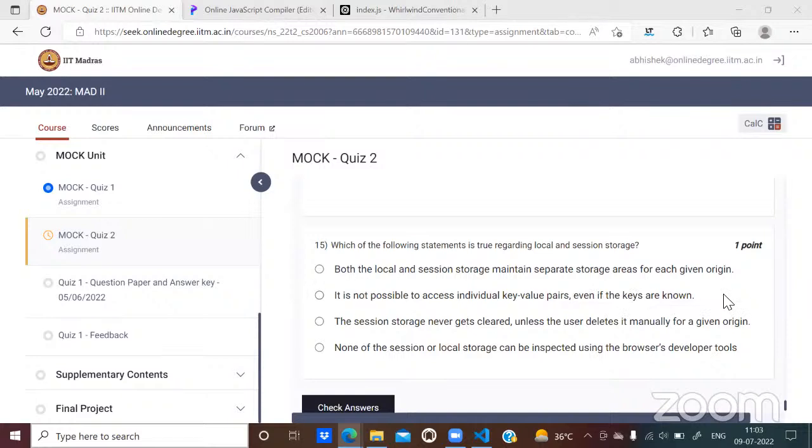This is false. The first option is the correct option. The second one is about session storage, because session storage has to be deleted after the session is terminated. That is why it has to be stored separately.